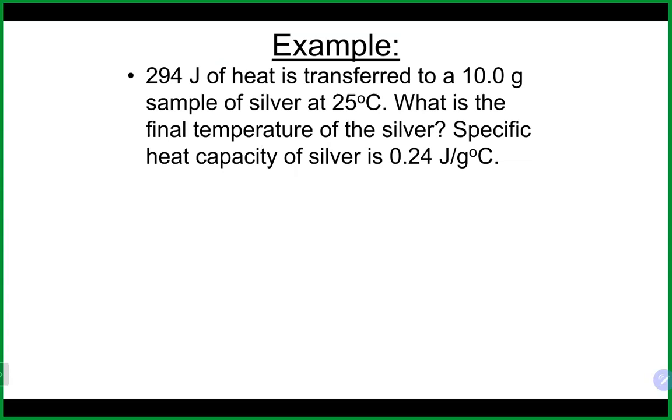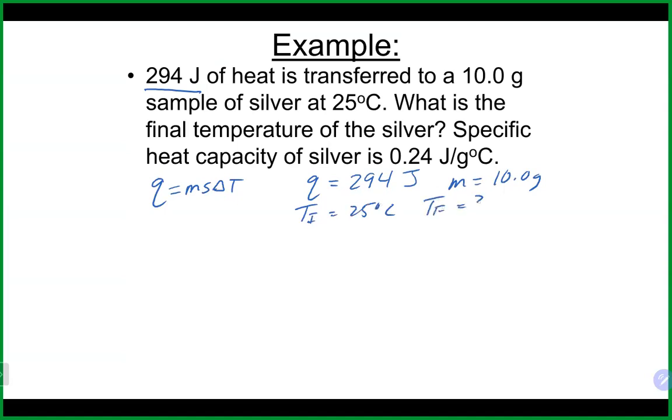Okay, so let's take a look. So obviously we're again going to use our specific heat equation here. We got Q is equal to ms delta T. In this case, we got Q. So remember, Q has just the 1 unit. So that is what Q is there, the 294. We have our mass, which is 10 grams. We have our initial temperature, which is 25 degrees Celsius. We're looking for that final temperature, and we have a specific heat capacity of 0.24 joules per gram per degree